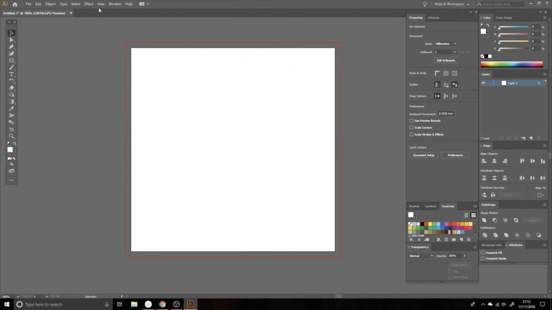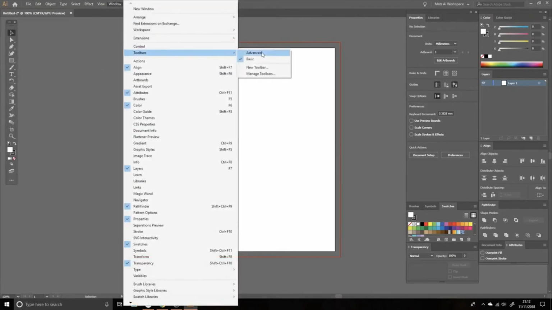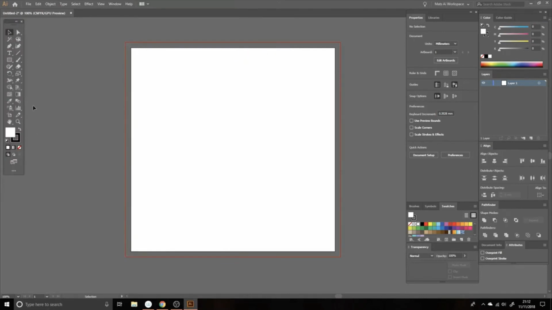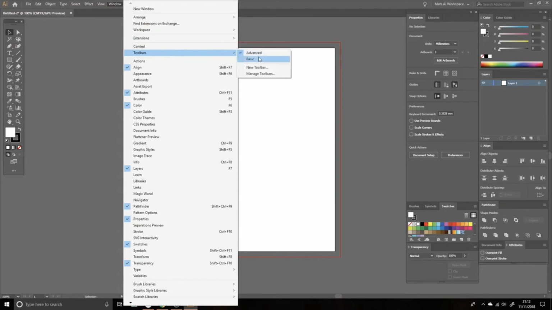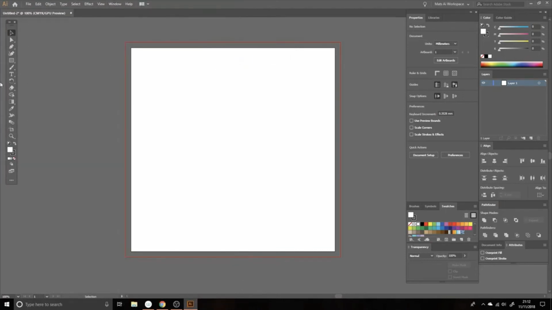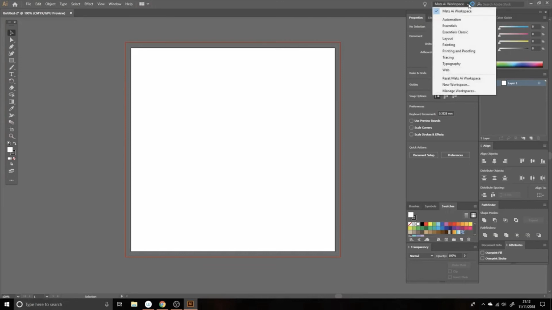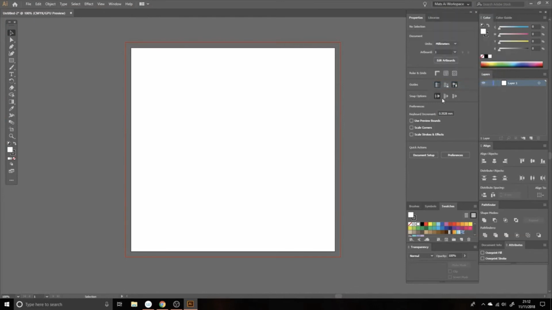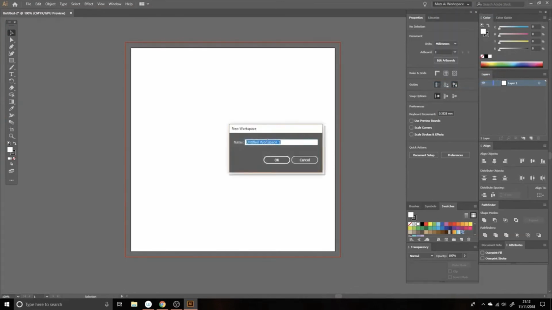There is an advanced toolbar as well, which you can have, which has all sorts of extra stuff in. You can have a little play with those buttons, but the main buttons you'll be needing are on the basic toolbar. What I would suggest then is you go up here, you'll probably have something like Essential or Custom written there. If you go New Workspace and save that as